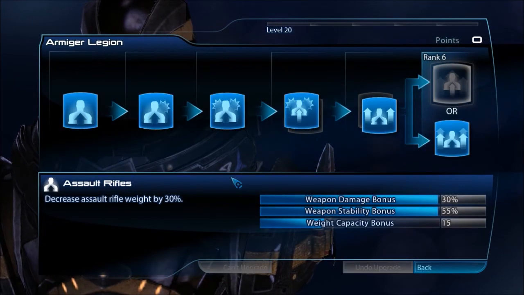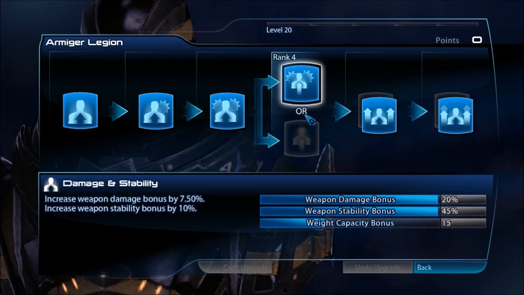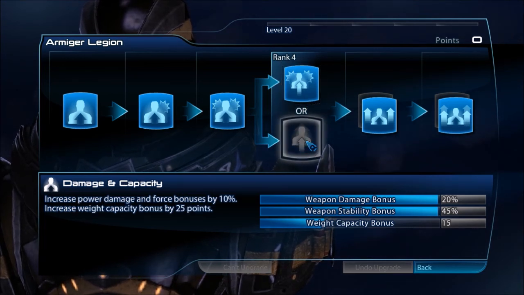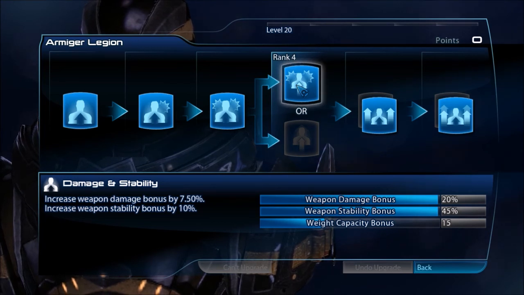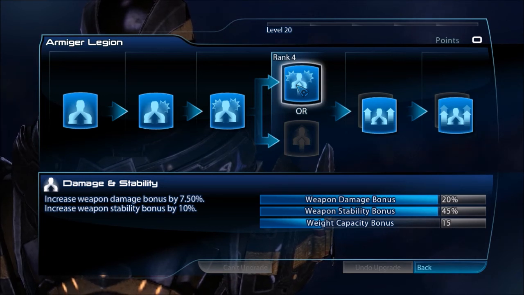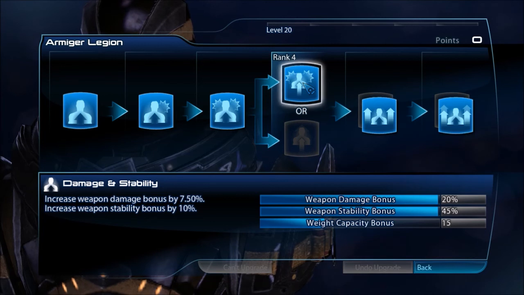And then, of course, for Armiger Legion here, that's really just for your weapon damage and stuff like that. For the first slot, or for rank 4 here, I suggest going with damage and stability over damage and capacity, mainly because you can use this build with either a Harrier or the particle rifle. I personally prefer the particle rifle simply because the Harrier has limited ammo, and although I do still use the particle rifle, I do use the thermal clip upgrade so you can have a lot more